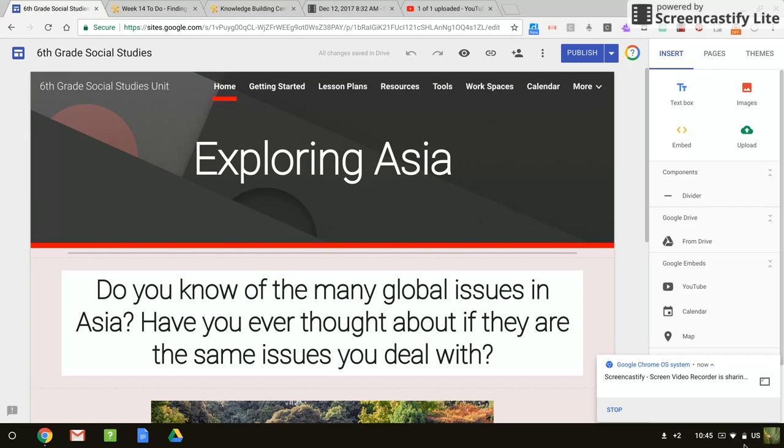And through collaborating with her, we figured out that we could expand the project and have the students put into a slideshow what information they found, what they learned, in addition to the 3-panel display.